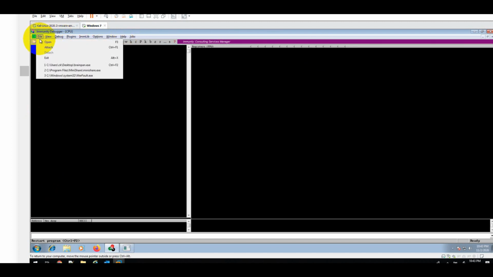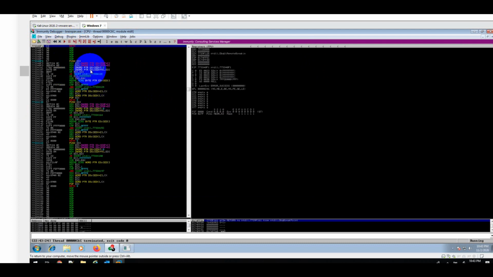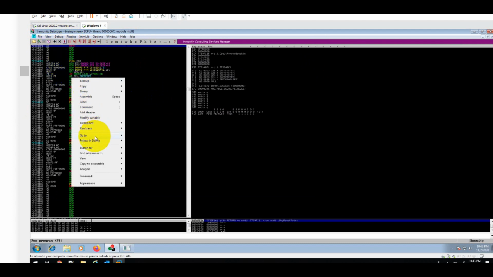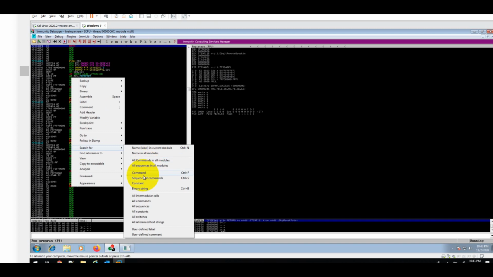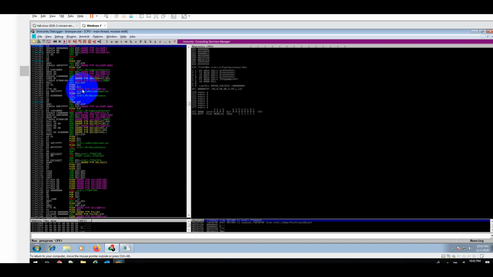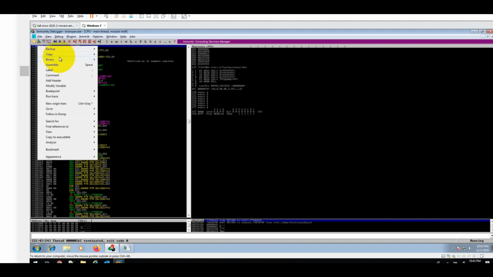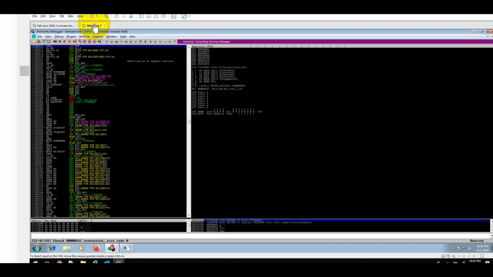Let me show you again the entire process so that you don't get confused. So I just click on attach the same file. Where is it? Okay. And now it is in running state. Now if I go ahead and search for a particular instruction, that is your jump ESP, right? So you could also do it by searching with Mona and look for a program that doesn't have ASLR, DEP and all those things, and then try. In this particular case, I'm just going ahead and trying with jump ESP, which is one of the simplest ways of doing it.